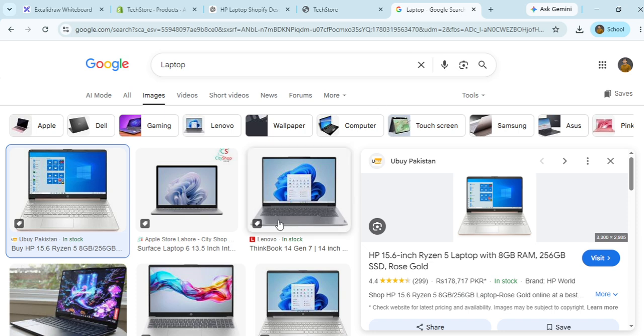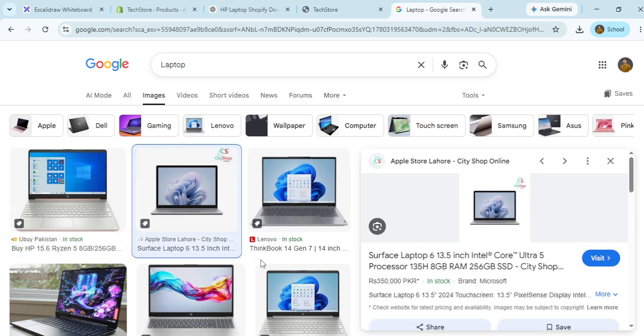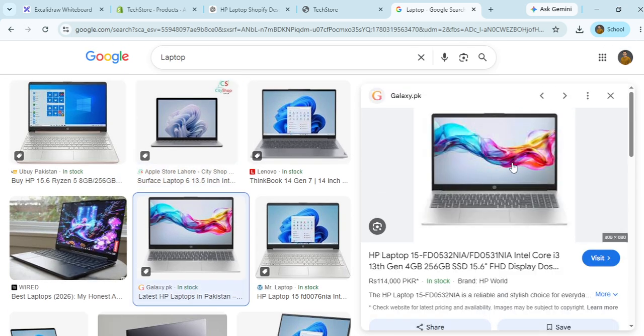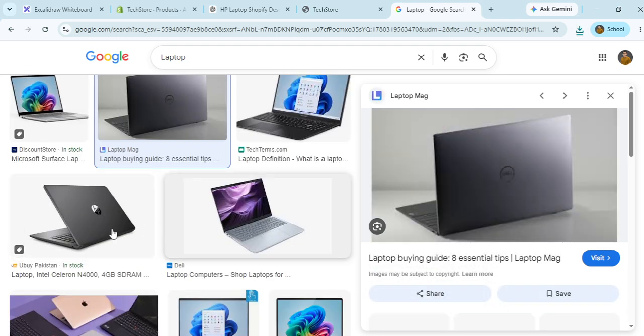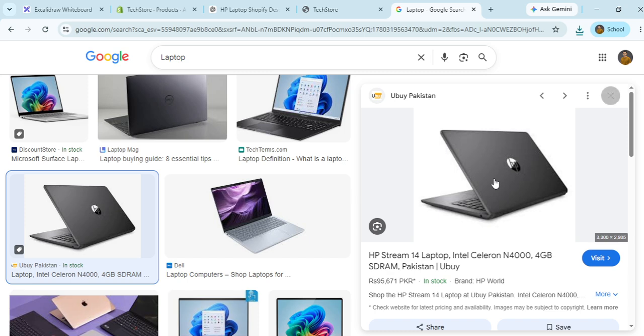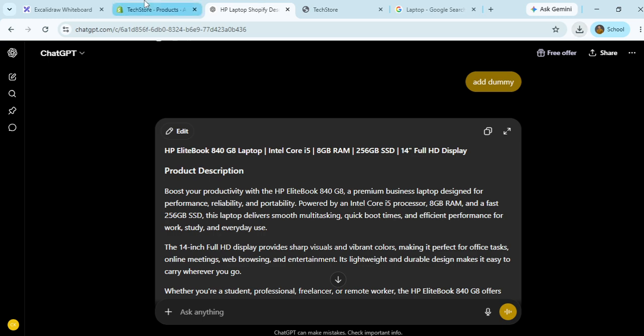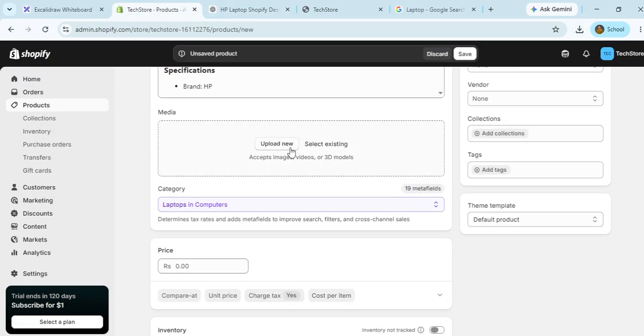Okay, let's try another. Let's try this one. Okay, now let's add these images,